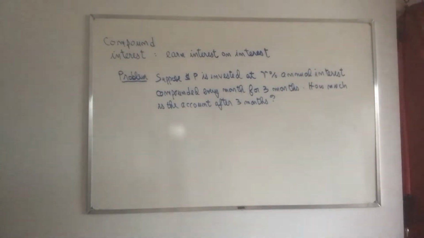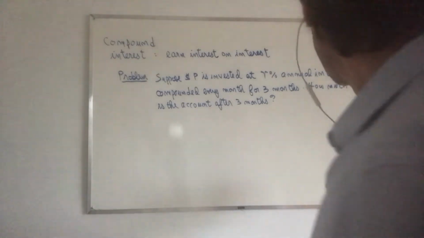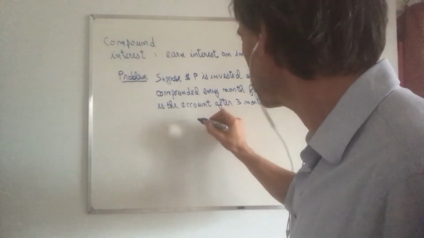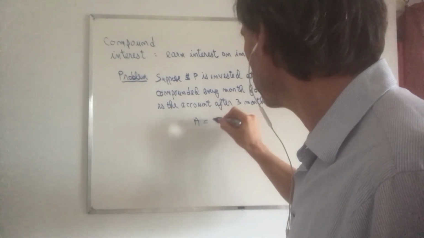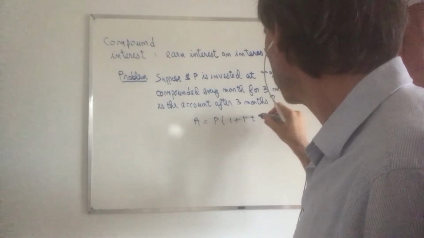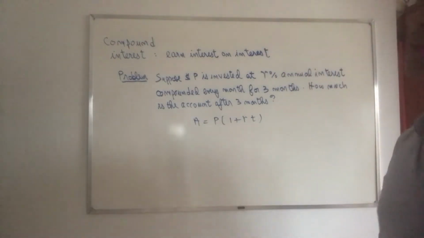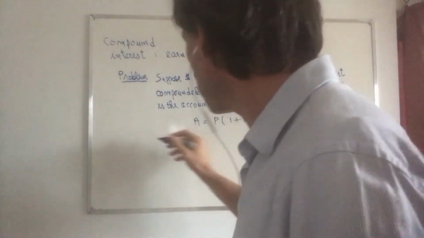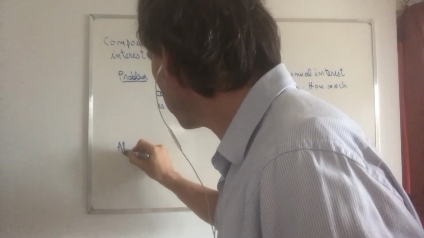Okay, so we shall start looking at this from the perspective of that little formula that we had from simple interest, which was what? A is equal to P(1 + RT). All right, so we have this, and we ask ourselves, what is in the bank? First of all, what is in the bank